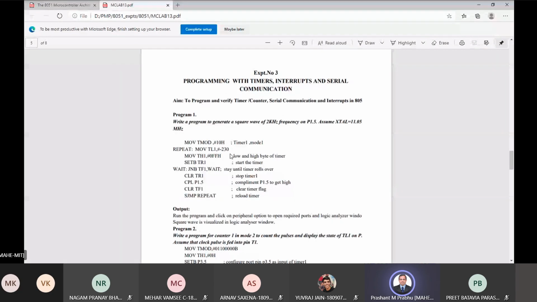If you work on this, you will be very confidently able to compare the 8051 microcontroller with your ARM processor, how easy or how difficult it is to program timers or special features of ARM or 8051. Have you tried, any one of you?